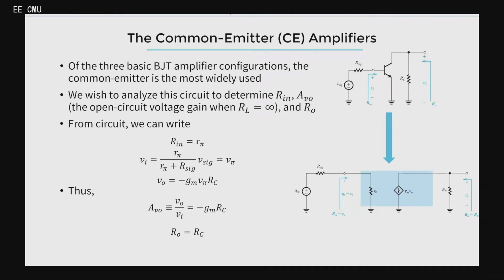This time, we will arrive at the amplifier circuit that uses a BJT, which we call a common emitter. This is similar to the common source, meaning it is the most widely used amplifier circuit configuration. Now we will look at the properties of this amplifier circuit if we write it out.